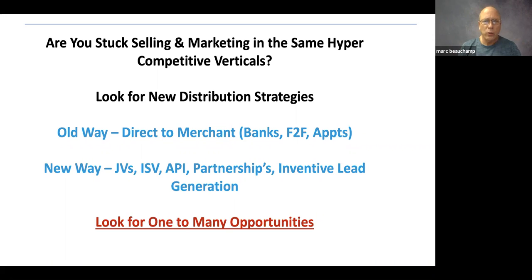And the old way is the direct-to-merchant way, where we used to do it. When I got in the business, I did it the old way, right? Processors would go out and set up banks, or ISOs would go to banks and be their processor. A customer would come into the bank, the bank would refer the customer, the guy goes out, meets with them face to face, and closes them, right? That's still going on all over America today, and that's still an effective model. There's just a lot of competition out there. Face-to-face selling has been disrupted currently with the virus. Are we ever going to go back to face-to-face selling? Of course we will.